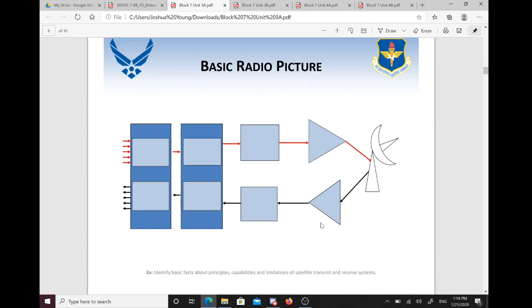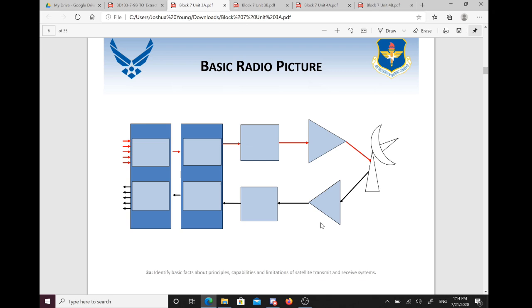This is our picture of a basic radio, just to give you a little bit of a visual representation. I don't know if you all got this in a packet. Typically, this is something that I would hand out with your C's and D's and the radio horizon comparisons. I don't know if you guys got this in a packet or not, but we'll be filling this out as